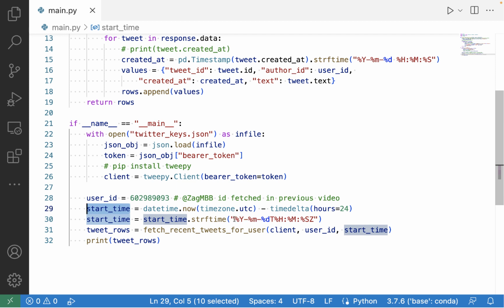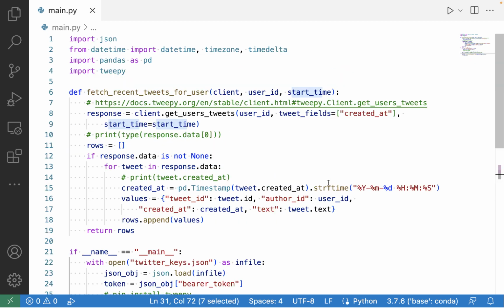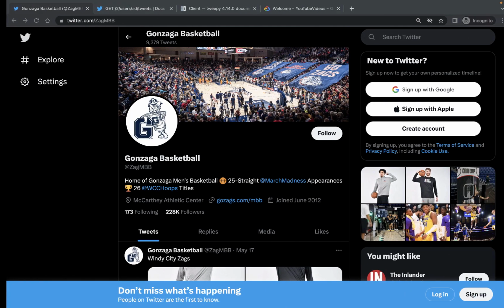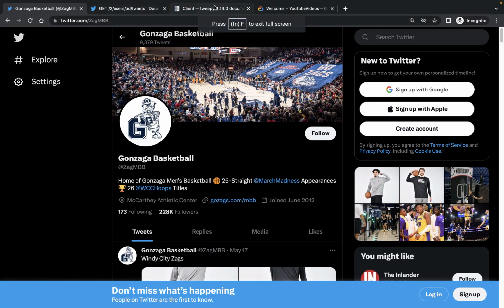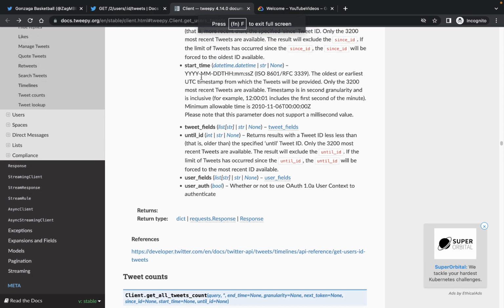I format this in the format that the Twitter API expects, and then I call this handy function, passing in our TweetPy client that's authenticated with our bearer token, our user ID, and our start time. This function here is pretty short. I'll show you the documentation for this function. Get users tweets